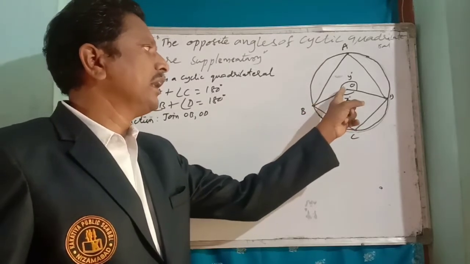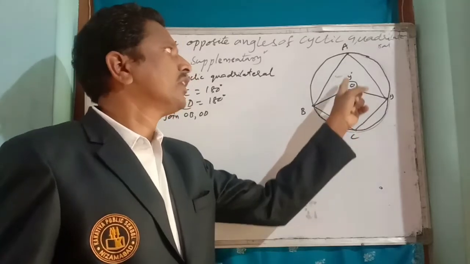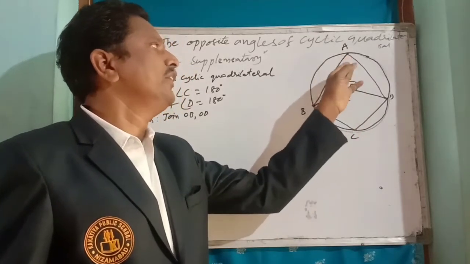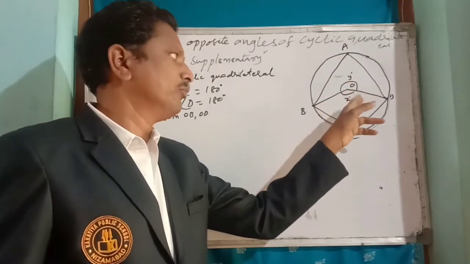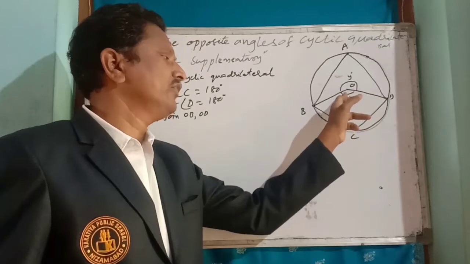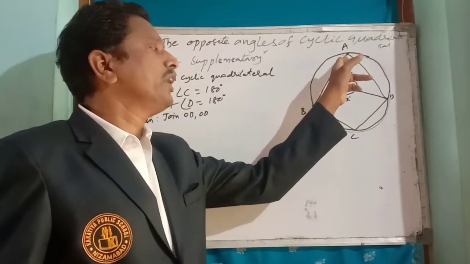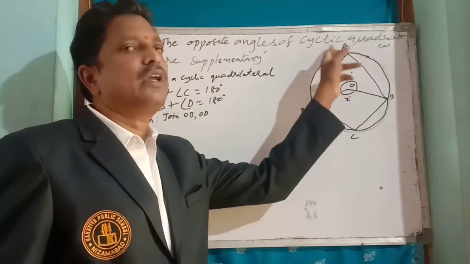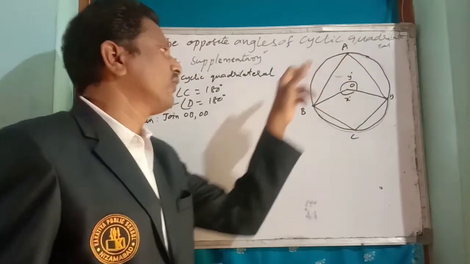The angle subtended by an arc at the center is twice the angle subtended by it at any point on the remaining circle. This is the theorem. The angle subtended by an arc at the center, this angle, is twice the angle subtended by it at any point on the remaining arc. Therefore, here angle A, in this half,